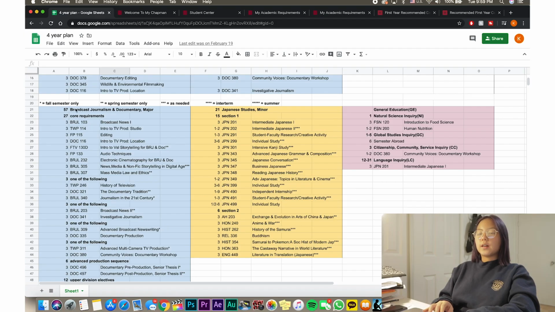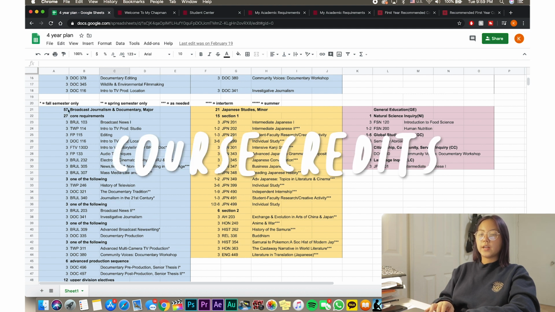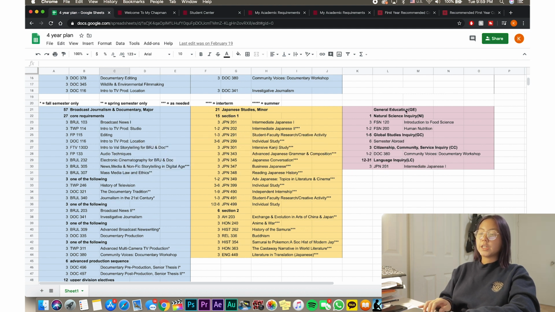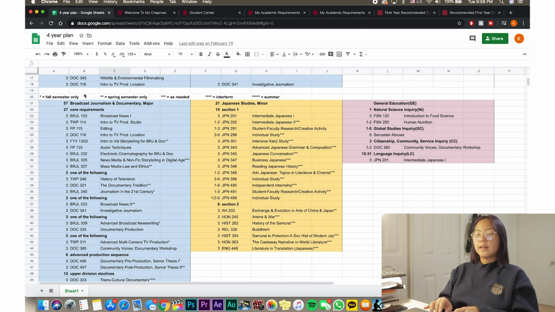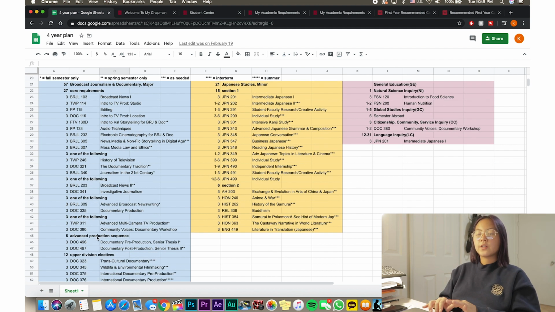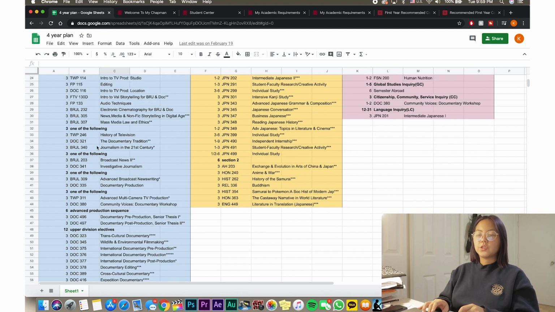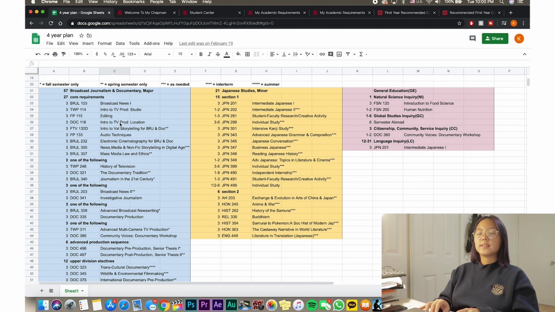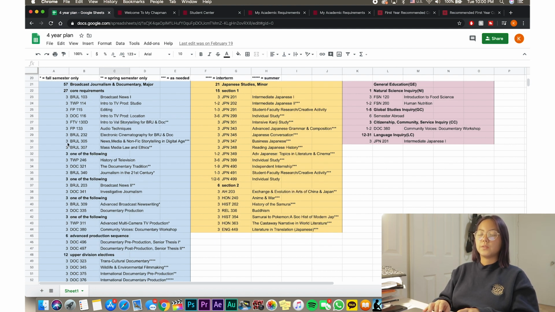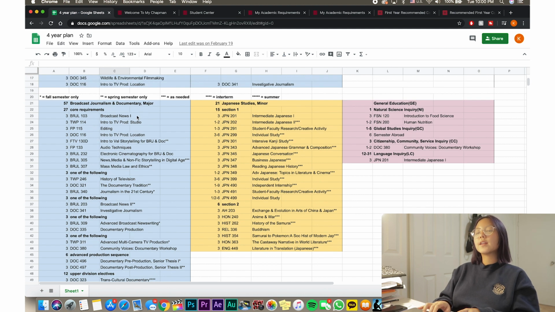What I did was I labeled it on the very top, and then I put the number of credits I need for that whole major, minor, or things like that. Then I separated it into categories. If the major has different sections, like choose one of the following, or you have to take all of these that are required, I separated it and made sure to put credits for all of that. Then I listed the specific courses and the credits on the side.